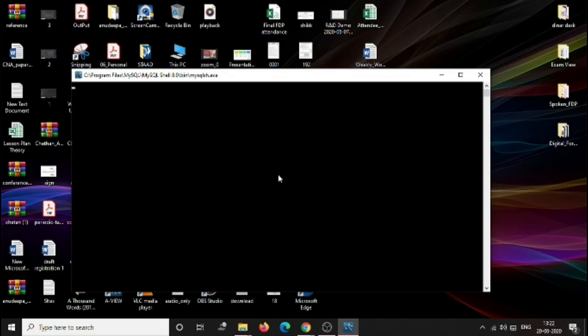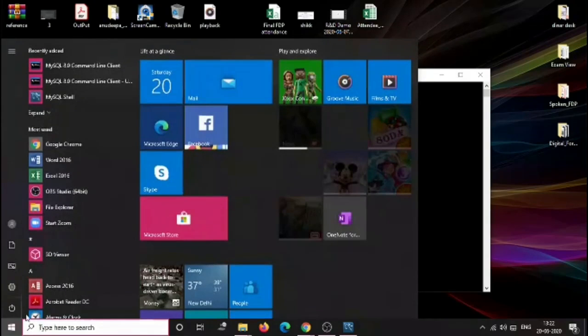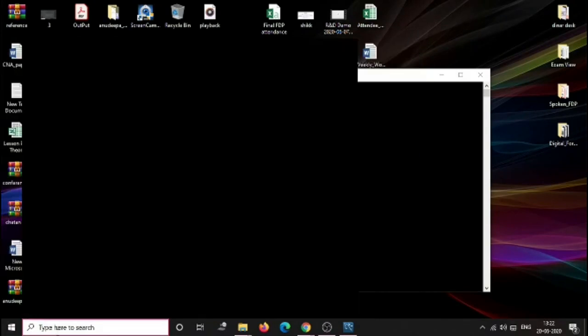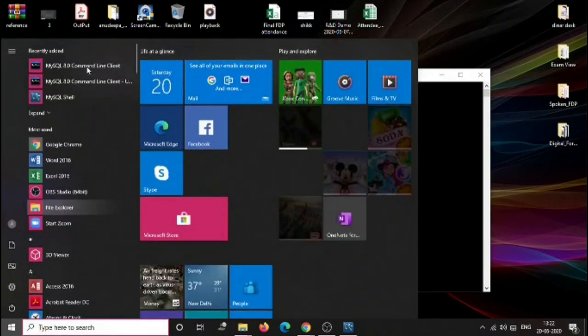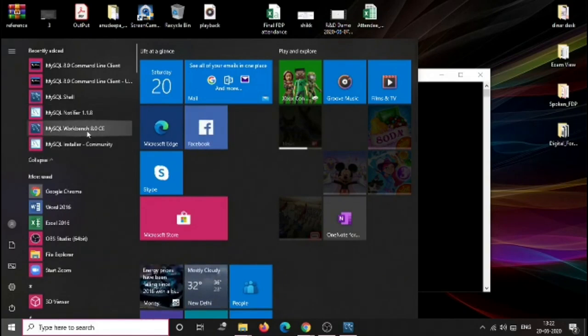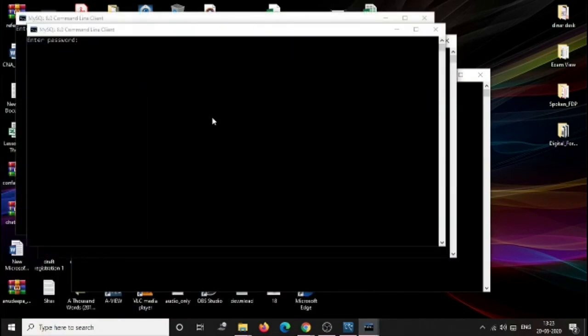Shell. You can also check the installation from the start menu. Here you will search for MySQL. You also get the list of applications: MySQL command line client interface, MySQL Shell, and also MySQL Workbench. Workbench is UI based and will be easy to understand, but we will perform our practical on the command line client. Once you click on the command line client, it asks you for the password